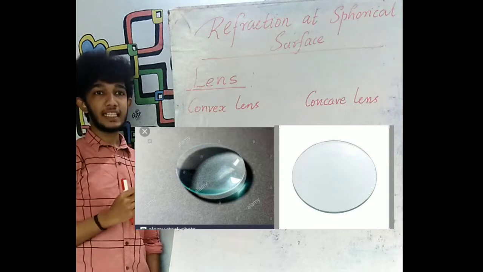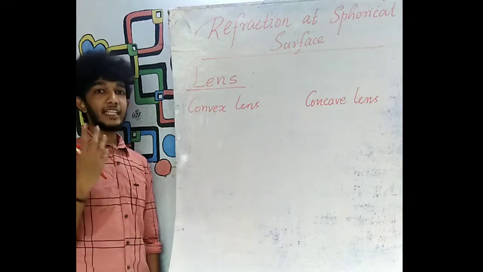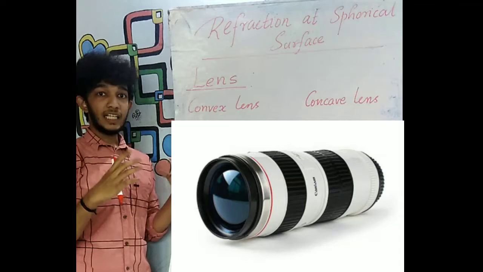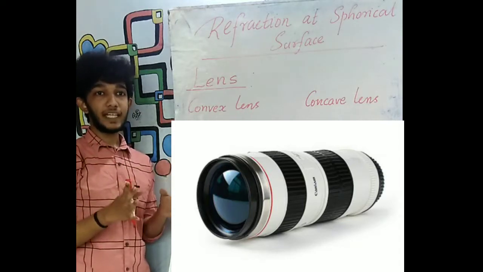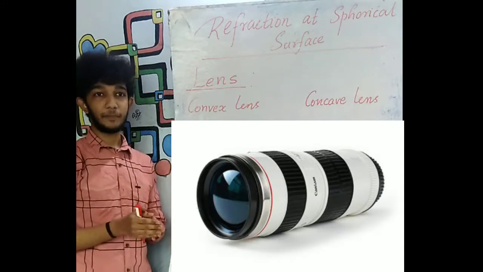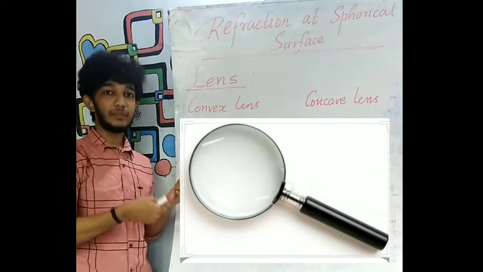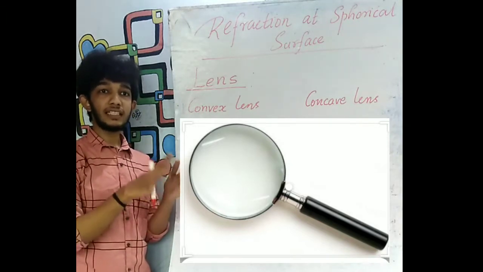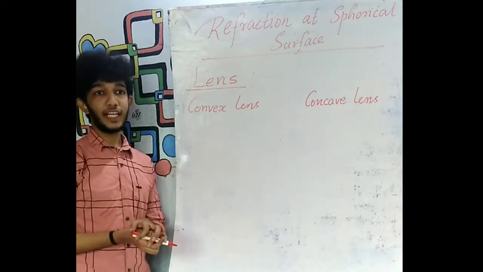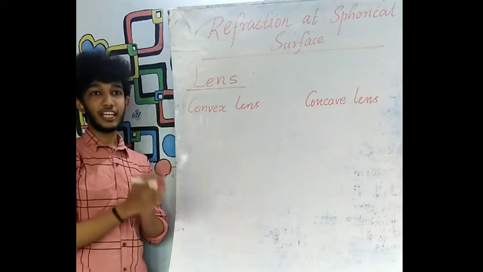Haven't you seen these lenses? In your physics laboratory you might have seen these lenses. And in magnifying glass, cameras and all, lenses are being used. A professional cameraman can explain what are the specialities of each kind of lens that he is using. The lenses used in a magnifying glass to magnify the image of the printed matter in any document or file are also used in our day-to-day life. So we shall be discussing more on the convex and concave lenses.